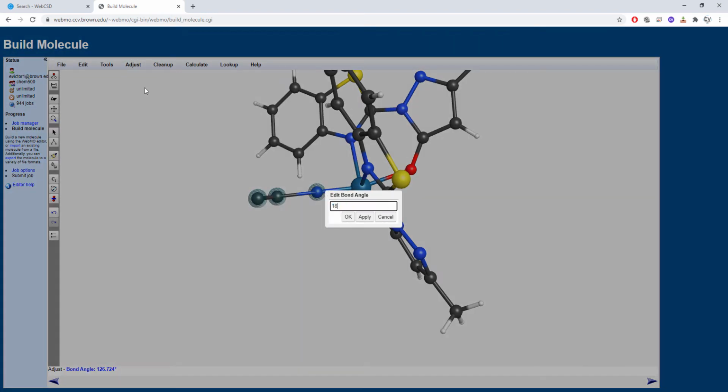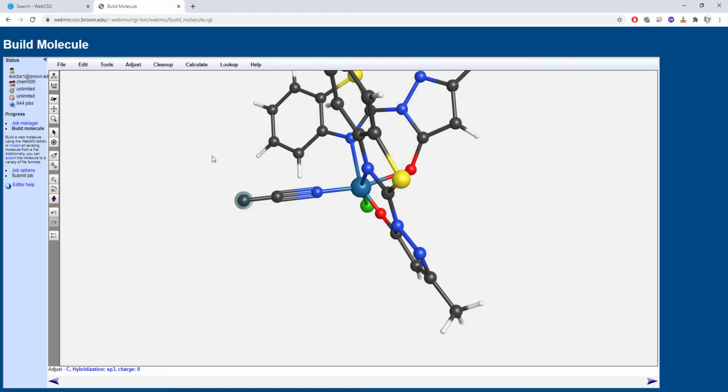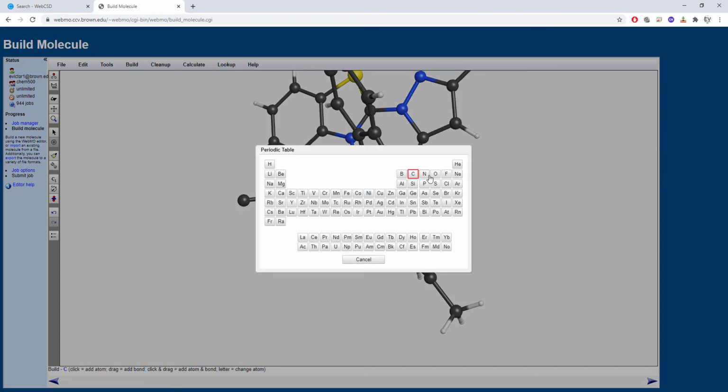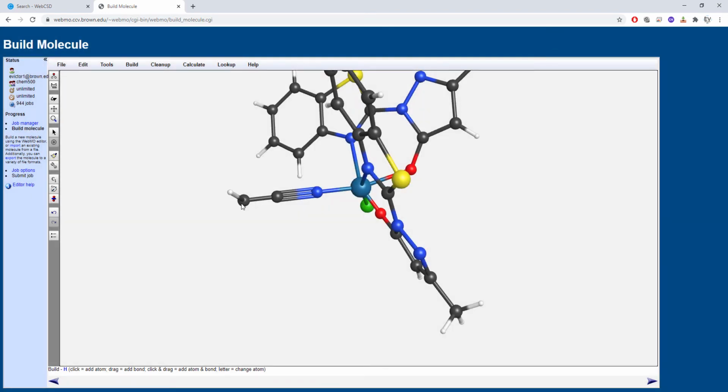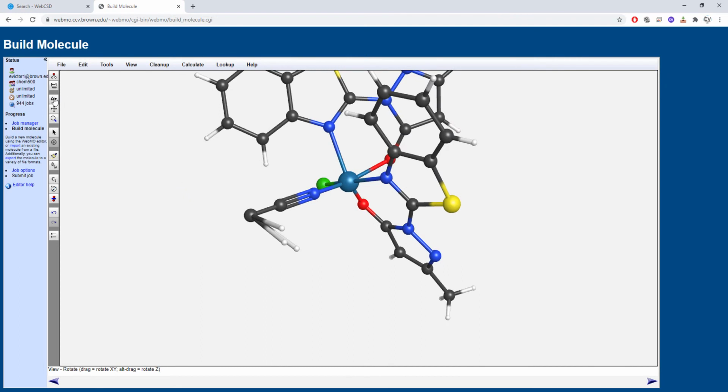Adjust the bond angle, change that up to 180, right? And then for that guy right there, what I can do is build in my hydrogen. So 1, 2, 3. There's going to be a double bond to that hydrogen. Weird. Right, so we have this right there, and we just have to simply adjust these guys a little